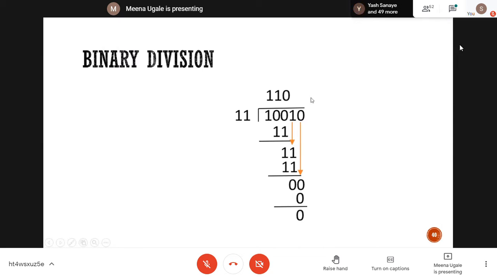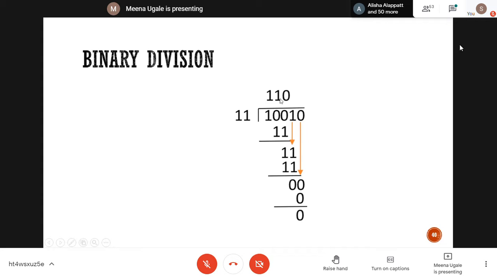How are we going for division? You have these two numbers, 10010 divided by 11. So in the division, first I am going for 11 multiplied by 1. So at the quotient position, I am writing 1, and this 1 is subtracted this way. After subtraction, I will get some result. I will take down this 1 here. The arrow is showing you the position.